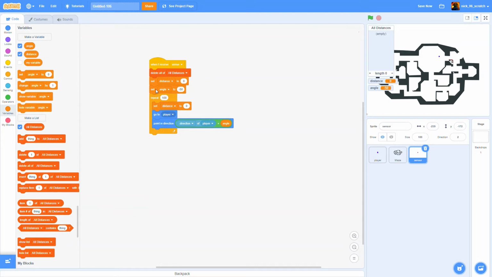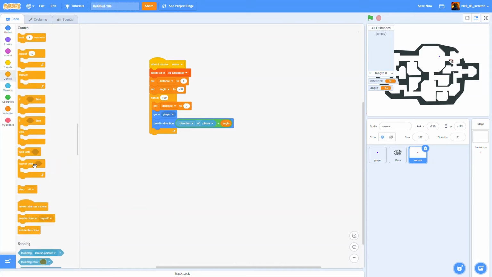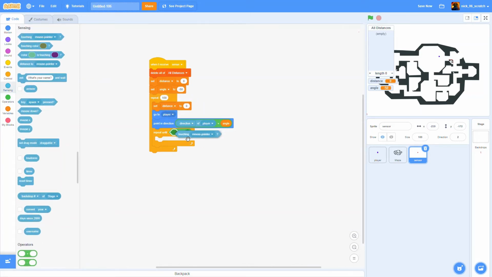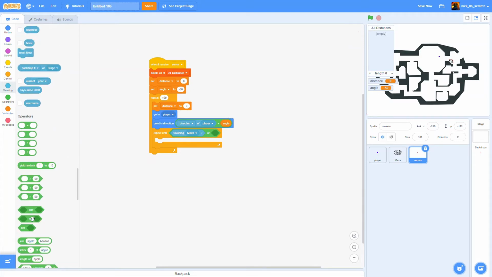We now want to repeat until, first we get an or. We want to repeat until it's either touching the maze or the distance from the distance finder to the player is greater than 100. So greater than,